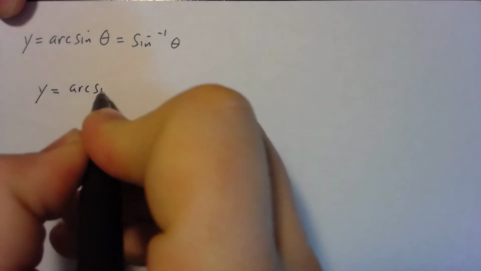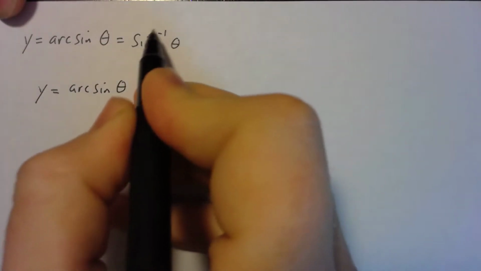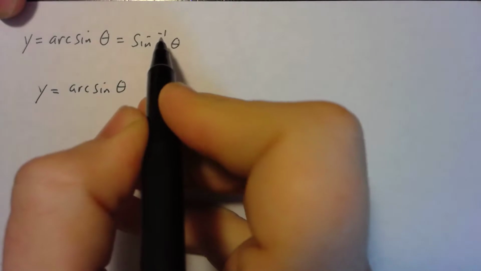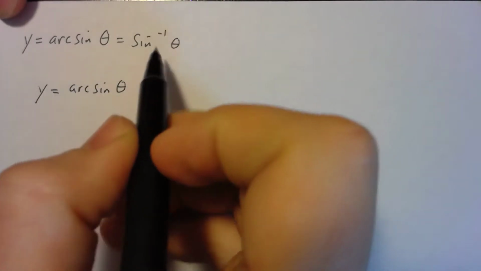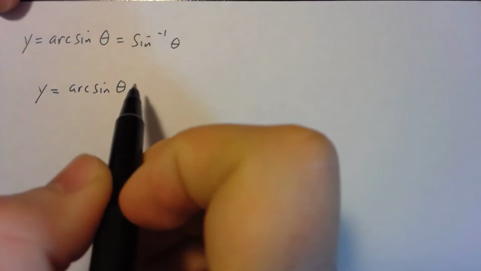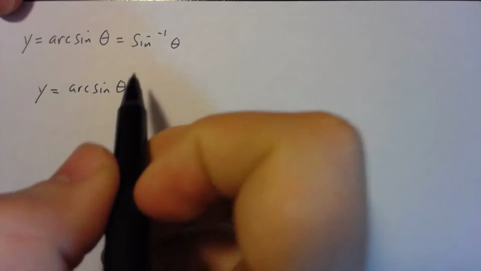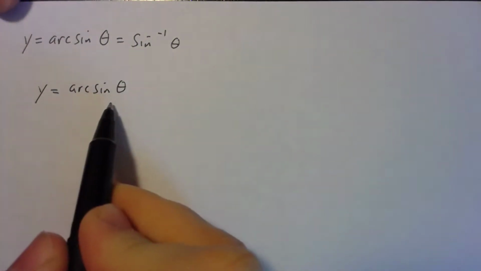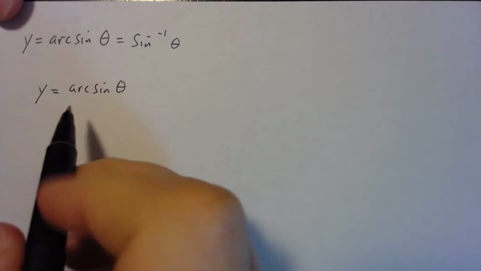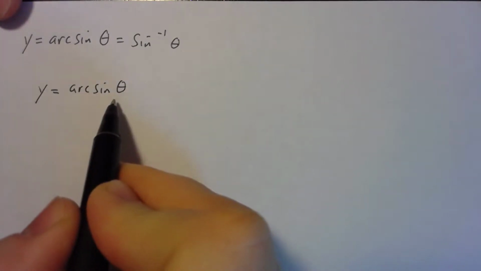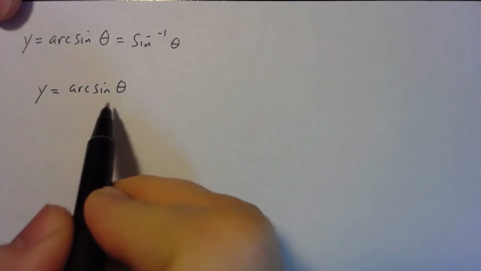If we're attempting to take the derivative of it, I'm going to go ahead and use arcsine because I don't want to confuse myself with that -1 superscript that looks like a power. That is not a power. Again, that is simply the inverse notation. So using arcsine is more appropriate, I think, for us to look at it. Now, if I know that y equals arcsine of theta, meaning y equals sine inverse of theta,